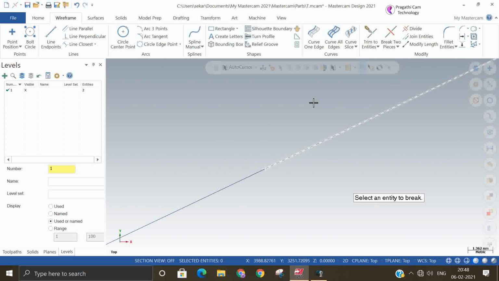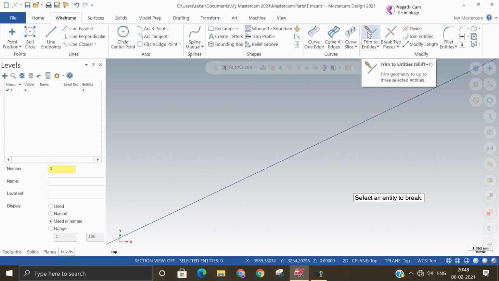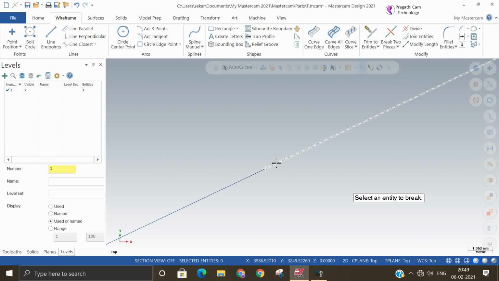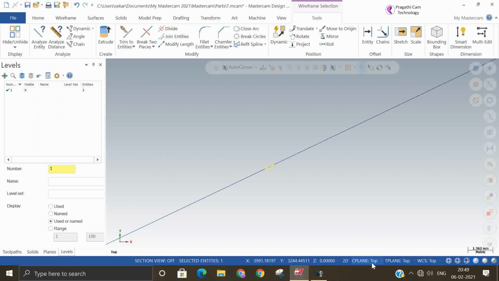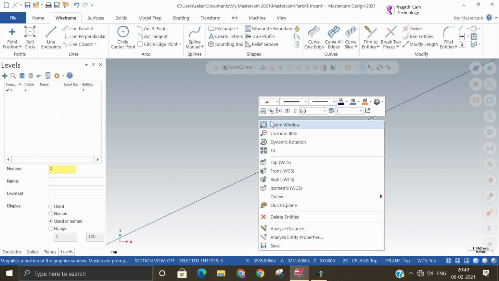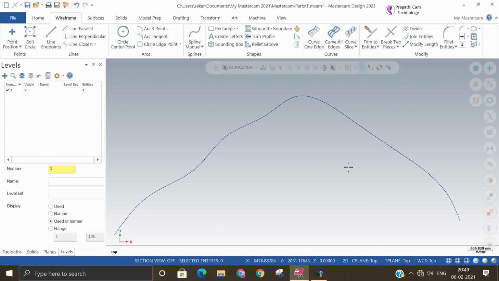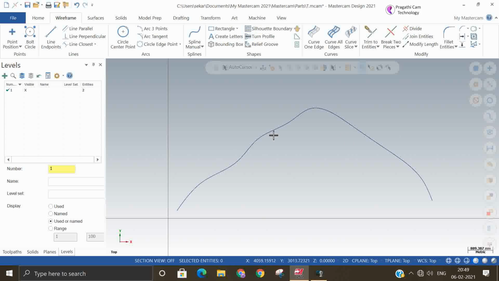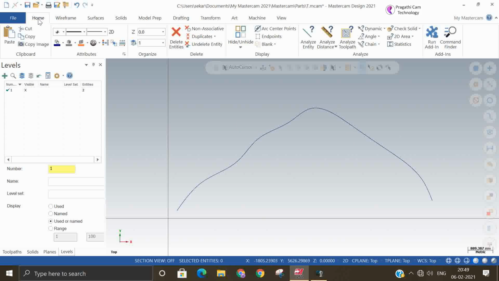Again, I will break it. Now you can see that purposely I have removed a small portion of this spline. But if you unzoom, you will not be able to see that it has broken. It looks intact, but if you select it, then you come to know the spline is broken.